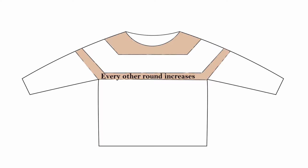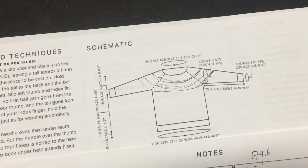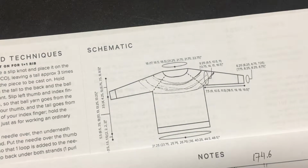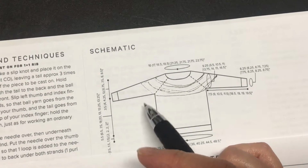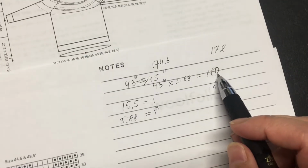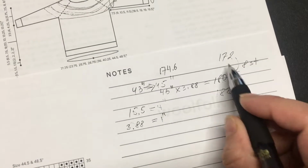The increases go at the rate of every other row again. There's a reason for that. It's called a compound raglan shaping, but I'm not going to get into that. I'm just going to say that this type of shaping is supposed to fit better than regular raglan, where all the increases go at every other row rate. Anyways, if I look at this, this is an 8 stitch difference from